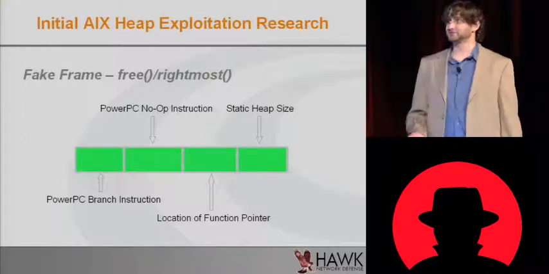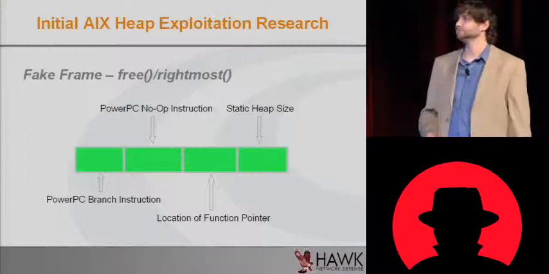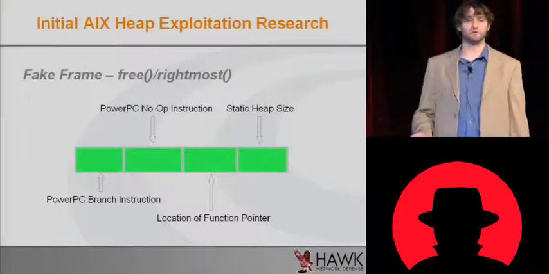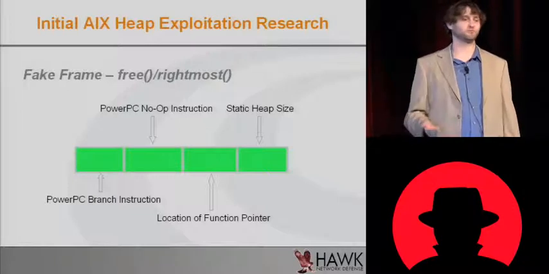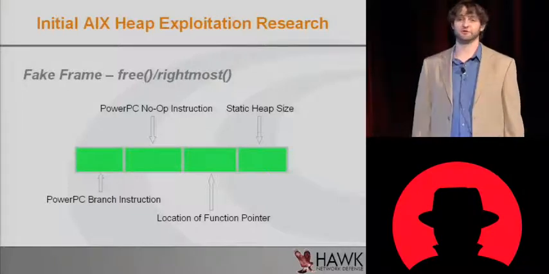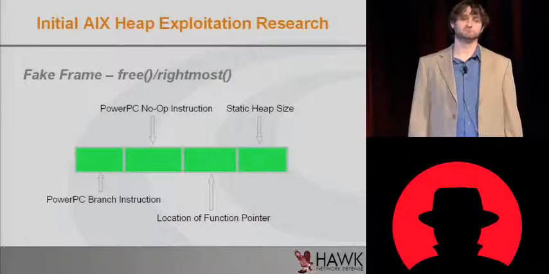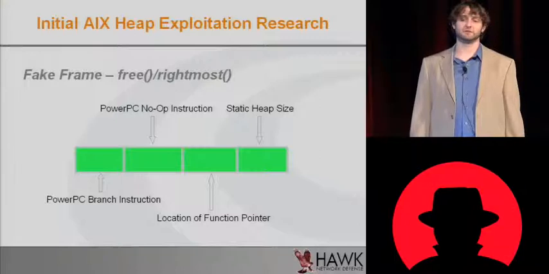Next one's a NOP instruction, once again, because of the caching. The third is the location of our function pointer, once again. Stack or a function pointer somewhere. You can also maybe abuse another function pointer on the heap. So, I mean, you've seen the talks for heap spraying and some of the nasty stuff done in the corruption,